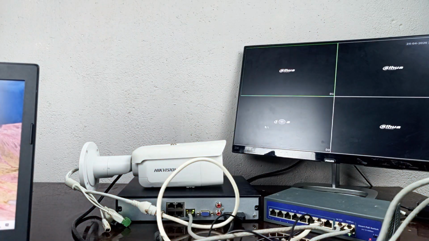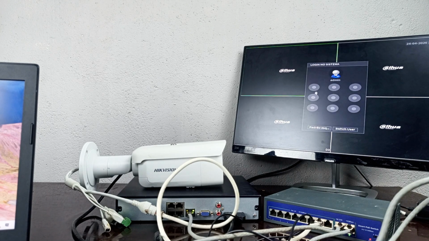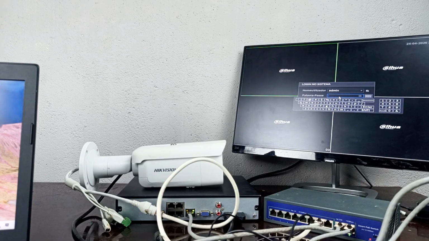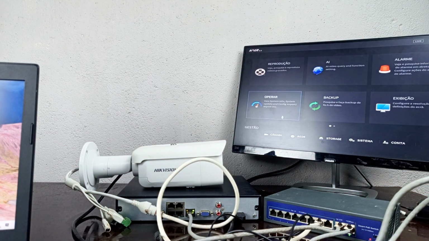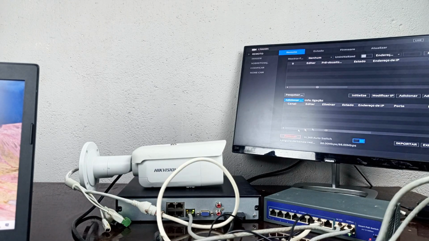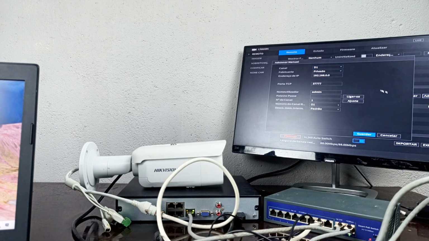To add this camera to the NVR, I will access the NVR. Put in the password. Here on the Dahua NVR, I'll go to camera, then I'll go to add. I'll choose the channel. There are 4 channels. In protocol, I'll choose ONVIF protocol, and I'll enter the camera's IP.